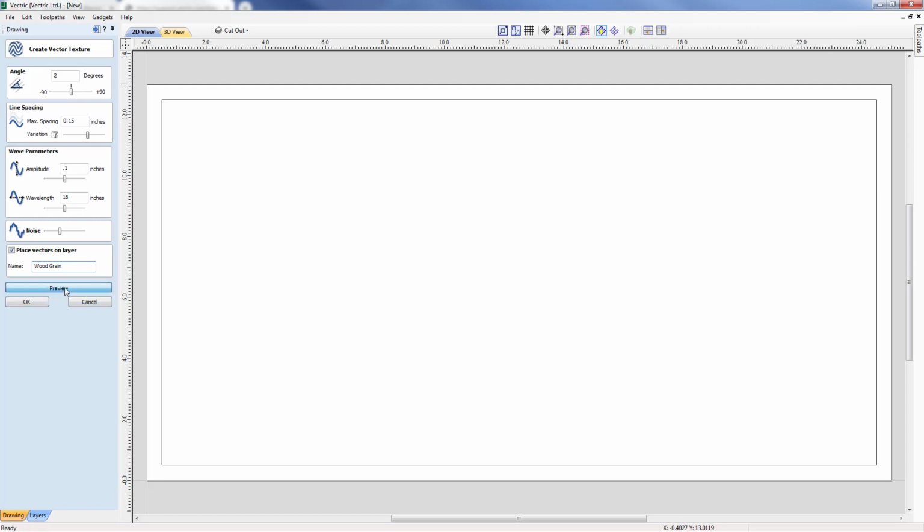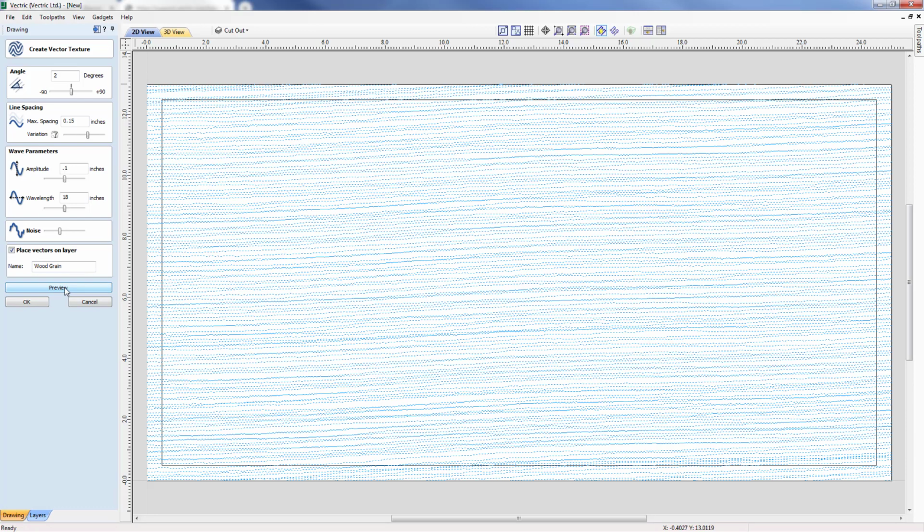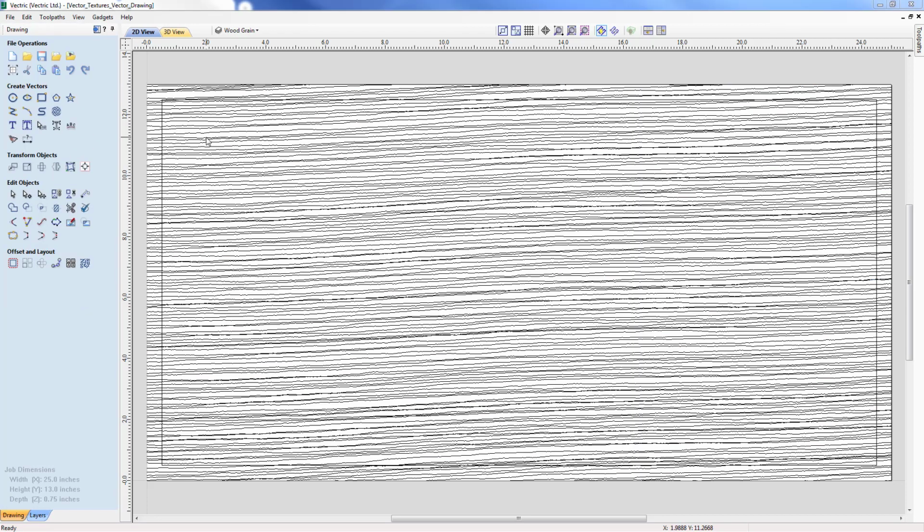And we'll preview that, and there we can see our wood grain effect. And of course we will see the effect of this when we look to create the toolpathing for this later in a presentation. Okay, so before we actually save this part and look forward to the toolpathing in later presentations, let's take a